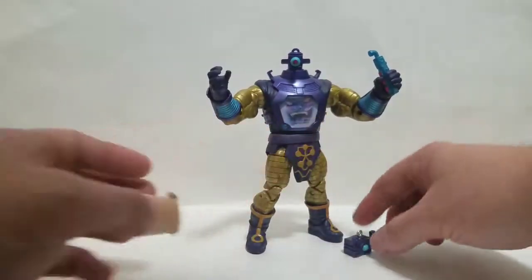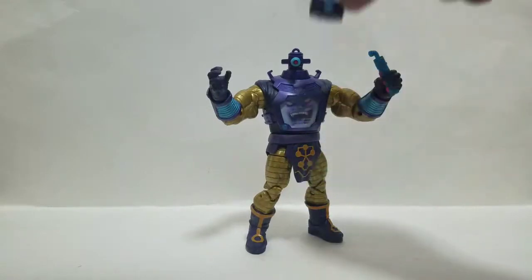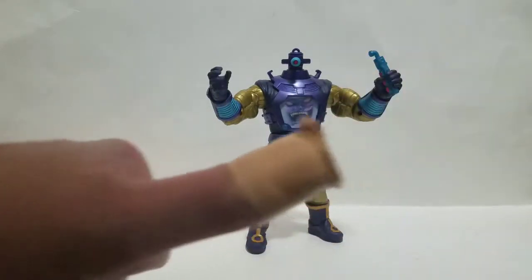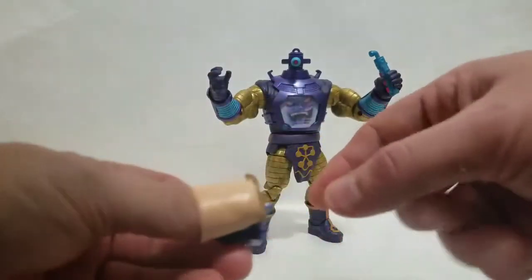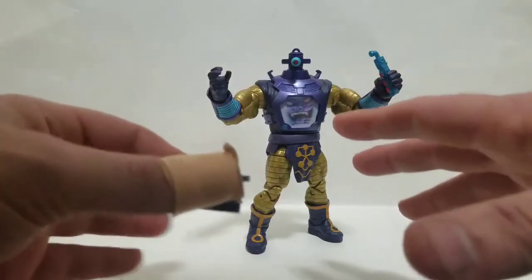I really like it. He does come with the classic looking head that you could swap out. I would do that, but I had a work injury. So popping stuff off and working joints is a little hard right now, and that's another thing we're gonna get into in a minute. Let's take a look at the